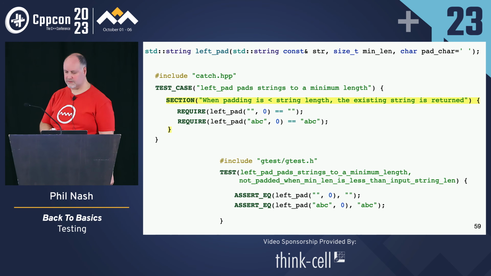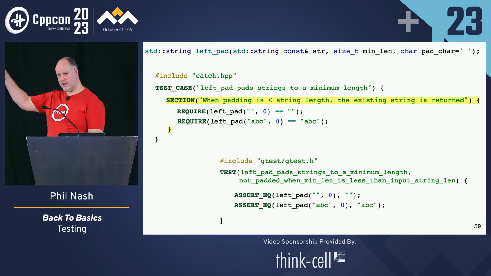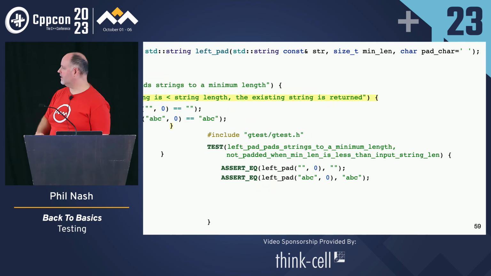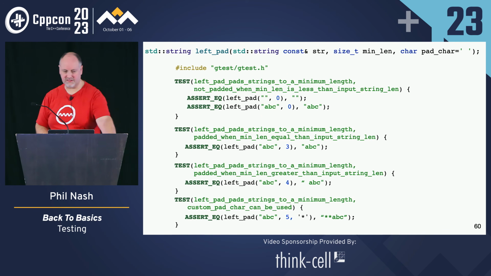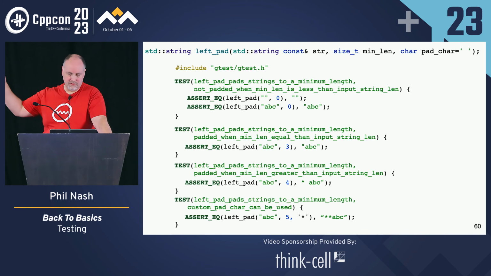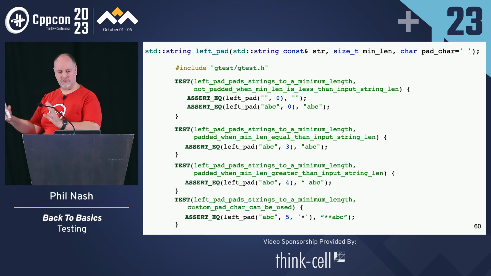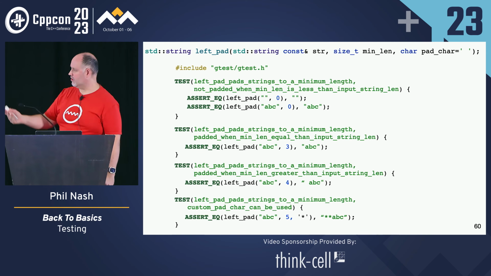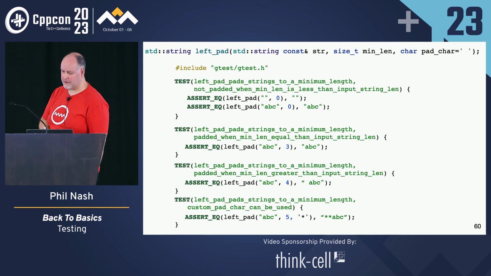But so far, these are pretty equivalent. OK, well, we're not going to go through these one by one, but I'm going to fill out at least a screen full of tests against left pad. So you can see we've got multiple tests for that. This is Google Test. That same first argument, so the same test fixture. You can think of this like a group of tests with something common to them. They're all, left pad strings to a minimum length.